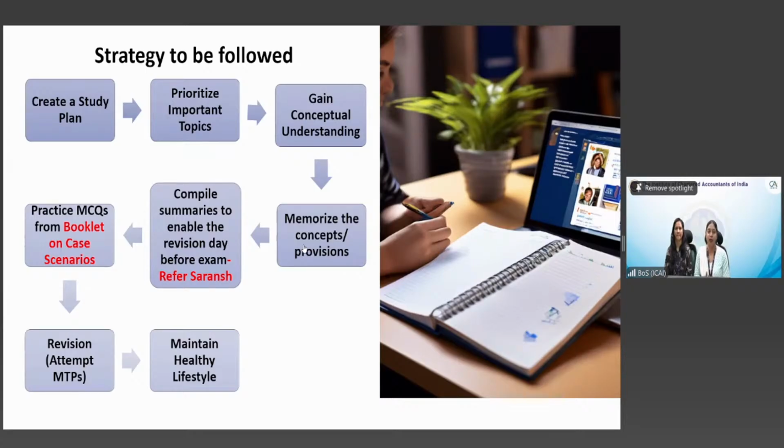You should appear for the mock test paper because that will help you in assessing your preparation. And last but not the least is the MCQ booklet, the booklet on case scenarios. So these MCQs are asked based on the case scenarios, and a booklet has been prepared wherein this time